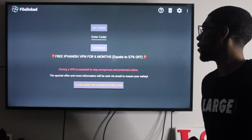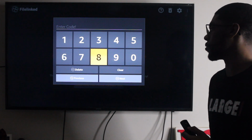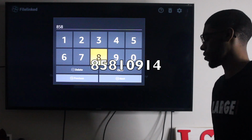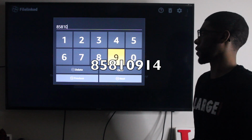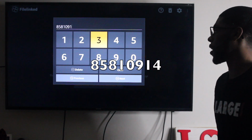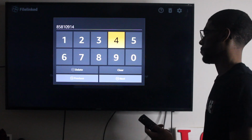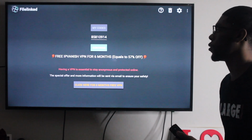So yeah, if you want to get to this part, you want to make sure you put this code in, which is 858. Also, I'm going to put this over the screen as well, just like that last link. So don't worry if it's kind of small, or if I go a little bit fast. You can pause it when you're watching it. 858-109-14, and then you want to press that play button again, press enter on the remote, or that middle button,